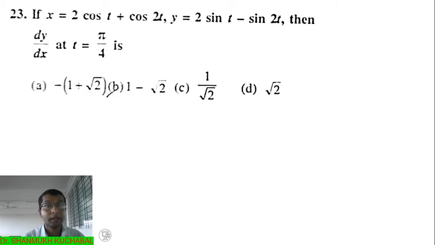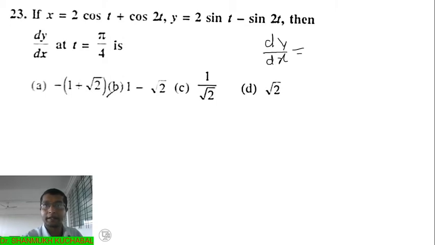Next example: if x equals 2 cos t plus cos 2t and y equals 2 sin t minus sin 2t, then we have to calculate dy upon dx. Further, we take the value of t as pi by 4 and find a solution for this. So we write dy by dx equal to